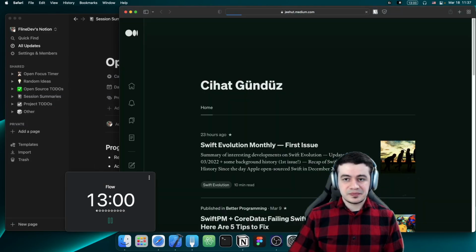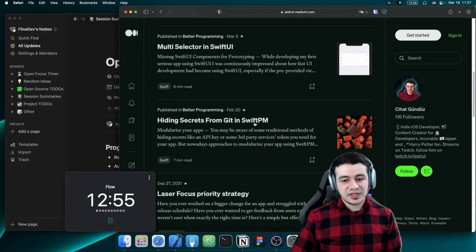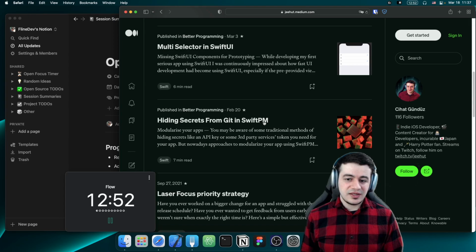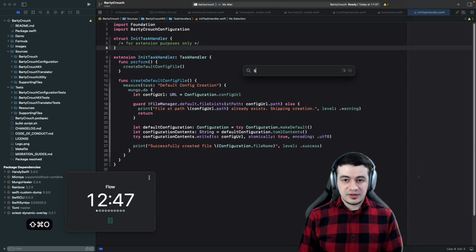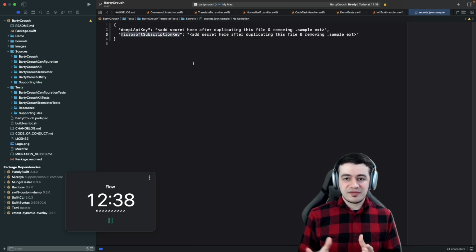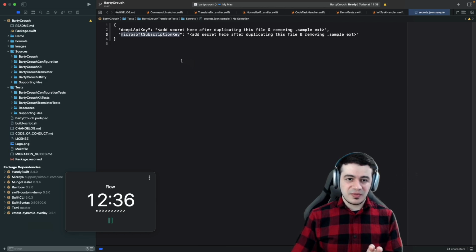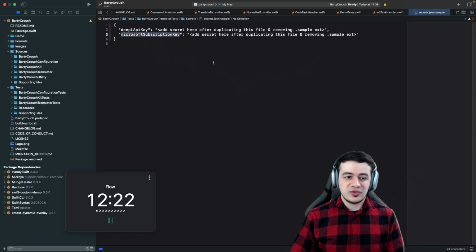So also on my Medium, I wrote this article about hiding secrets from Git and SwiftPM. So what I did basically in this project is I have this secrets JSON file, secrets.json sample, and these two keys, they are basically secrets, and I need that for my tests because I have implemented some API integration here, and for that you need to be authenticated, and I have API keys that I'm using privately also when I develop and run my tests. But I don't want to, of course, spoil them on GitHub publicly, and also of course not in the stream,